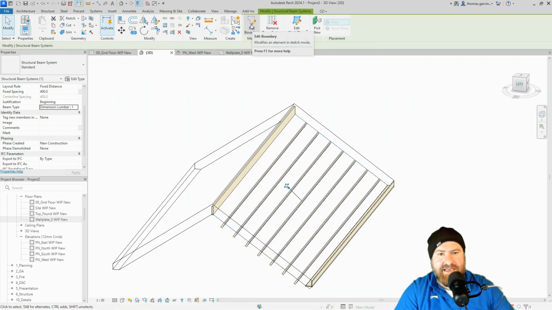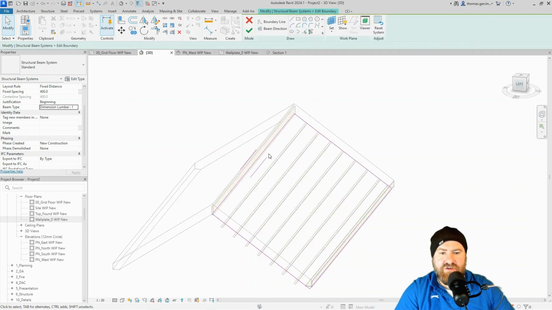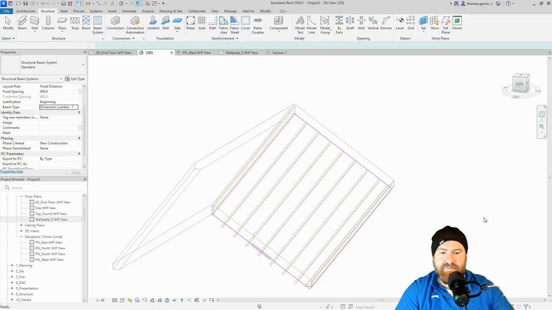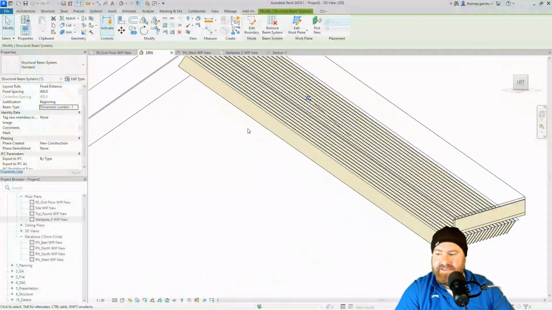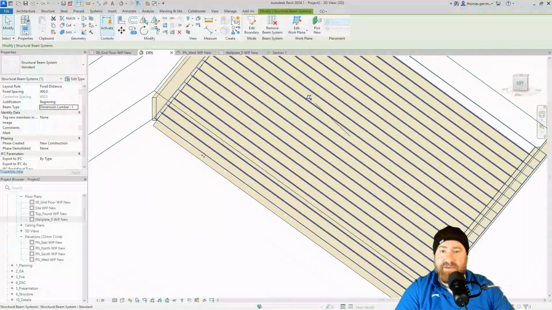So we click Edit Boundary again, and what I'm going to do is I'm going to change the span and put it on one of the sides. It doesn't matter which one actually. So beam direction, select it here. Okay, and then pick the line. Now that'll change the direction of the rafters. And OK. Now, you will see that the beam system automatically placed with the orientation of the